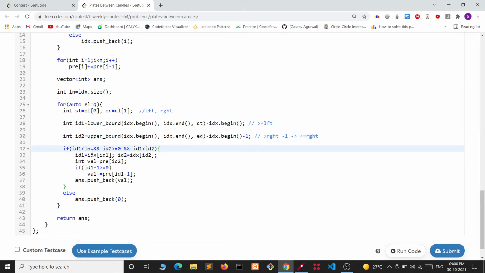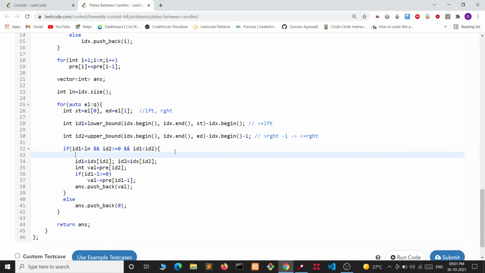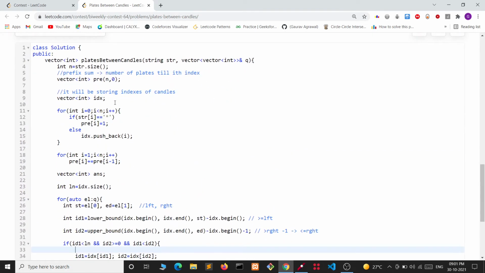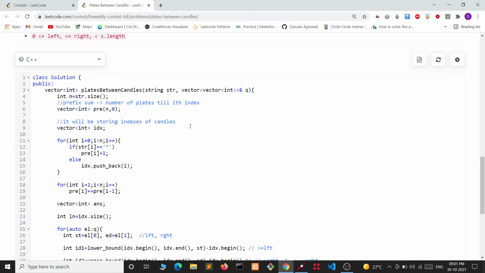After it, we need to check whether the values we got for id1 and id2 are valid or not, like whether they lie in the range 0 to ln. If they lie in the range and id1 is less than or equal to id2, then we will just do id1 equals idx[id1] and id2 equals idx[id2], because ultimately we need the index at which there is a candle.